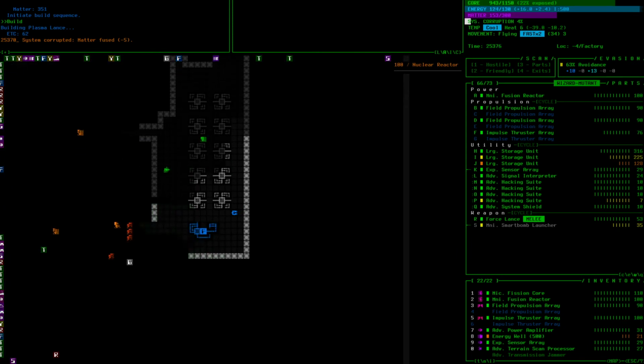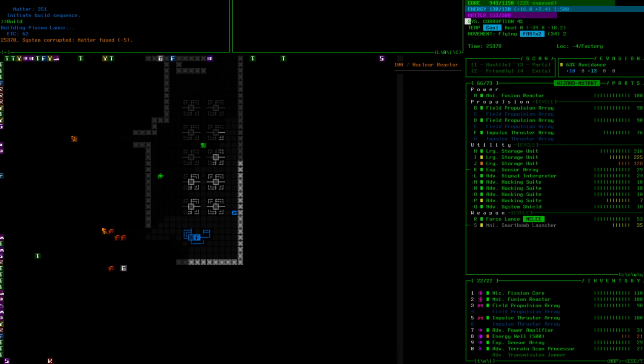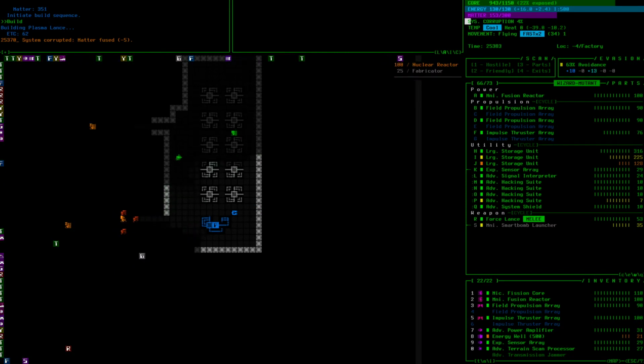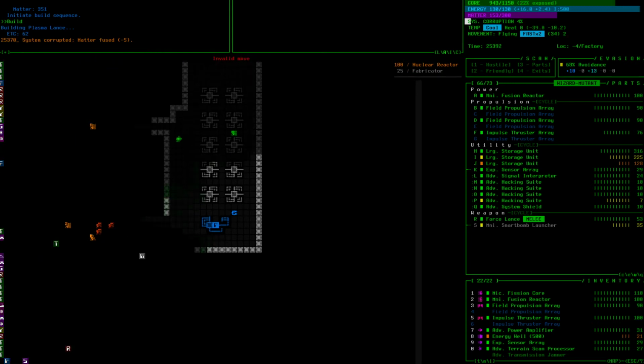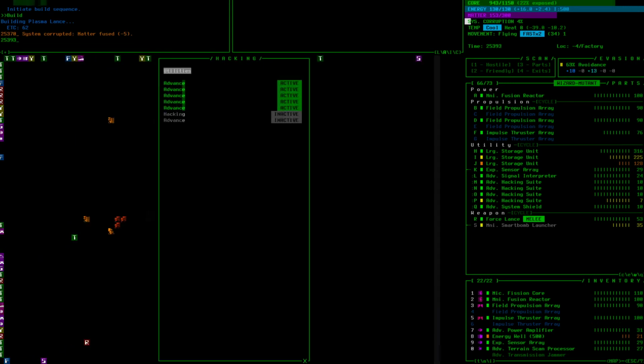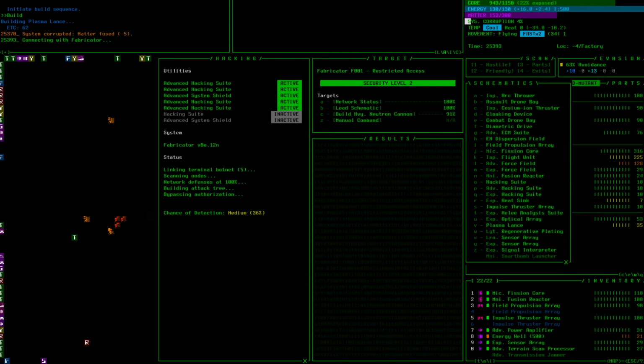Oh god, this is not a great place for a fabricator. Those guys are backing up at least. This is where a cloaking device would be nice. Actually wish I had one. Alright, and on this one, security level 2, we're gonna need...